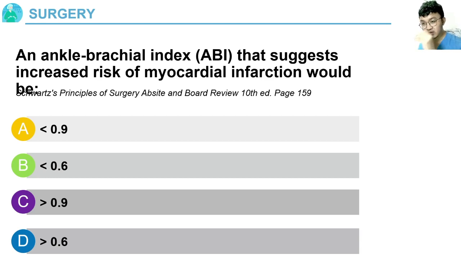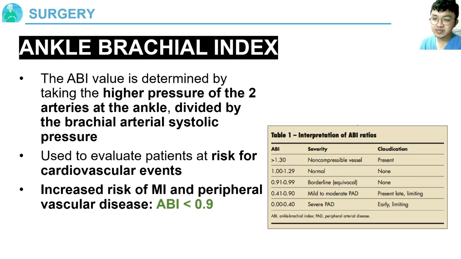The ABI is problematic if it's less than 0.9. The ABI is determined by taking the higher pressure of the two arteries of the ankle divided by the brachial arterial systolic pressure. This is used to evaluate patients at risk for cardiovascular events. You actually want the ankle to have higher pressures compared to your brachial arteries, because if it's lower, it means the lower extremities are not being perfused as much as